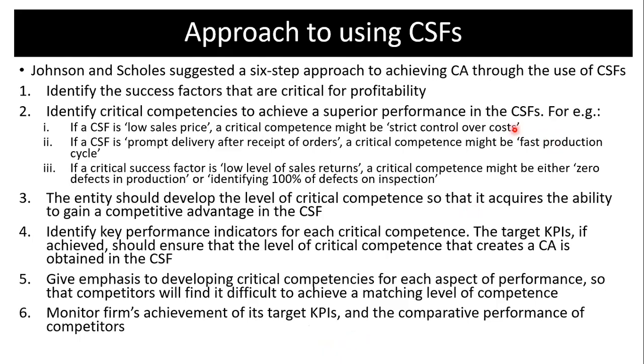What are some of the approaches to use CSF? Right? So we have 6 main approaches or steps as put forward by Johnson and Scholes in order to achieve competitive advantage through the use of CSF, that is the critical success factors. First, you identify the success factors that are critical for profitability of the entity. And then next, you identify critical competencies to achieve a superior performance in the CSF. So you look at the competencies that are important, that are essential to be able to achieve